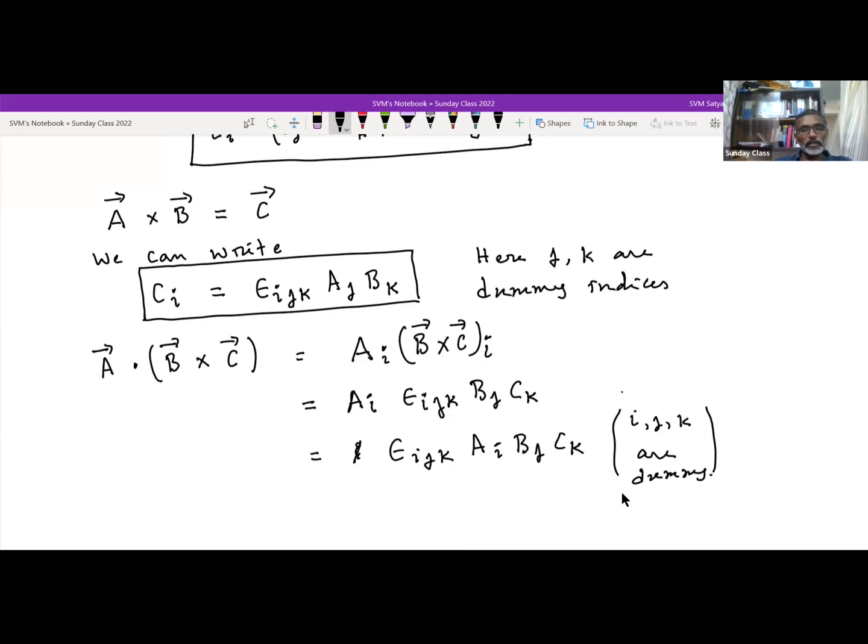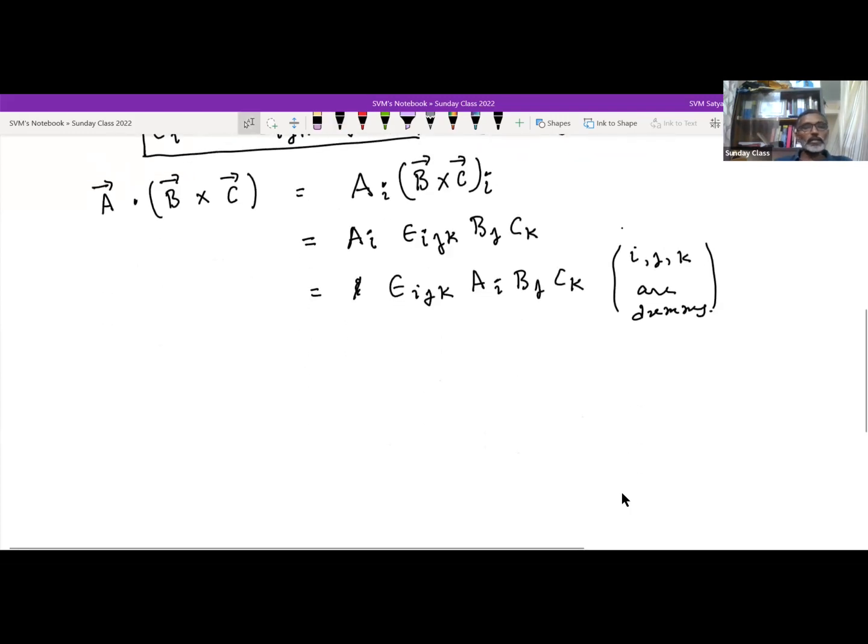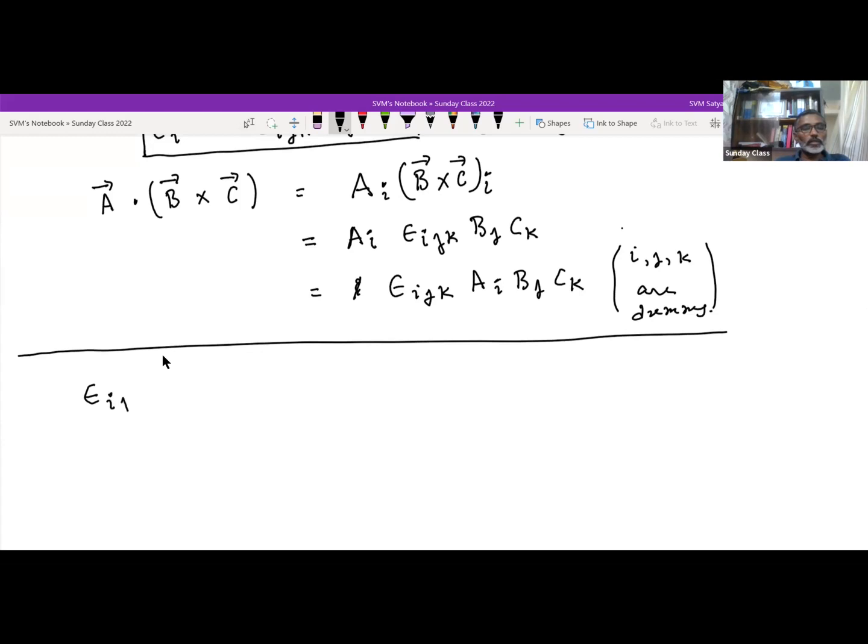Now we can ask, let us now try to understand this epsilon ijk and some properties of this epsilon ijk tensor. So let us remember the definition once. Epsilon ijk is equal to